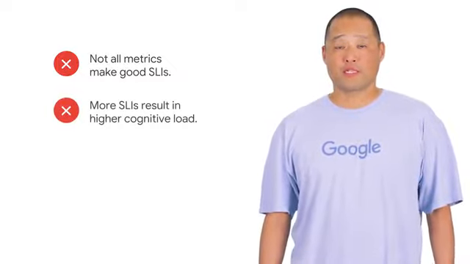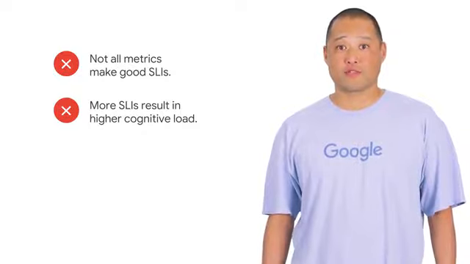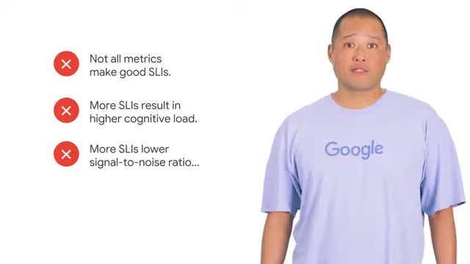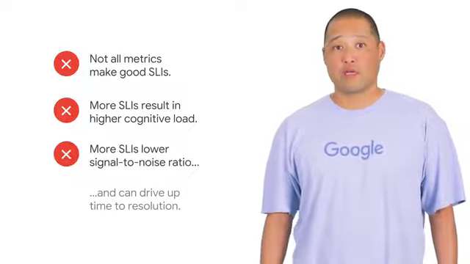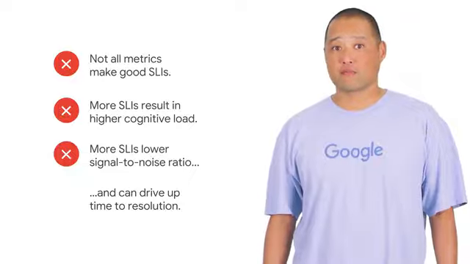Surely, if your system is complex, it's okay to have a lot of SLIs so you can accurately quantify its reliability. Well, it's important to remember that not all of your monitoring metrics make useful SLIs, even if they have reasonable correlations to outages. And the more SLIs you have, the more context your operations folks have to learn and retain about the services they are responsible for to understand the signals that are driving their operational response. What's worse, having a large number of SLIs increases the probability of these SLIs giving conflicting signals about the state of the system, which will drive up your time to resolution as the incident responder chases down red herrings.